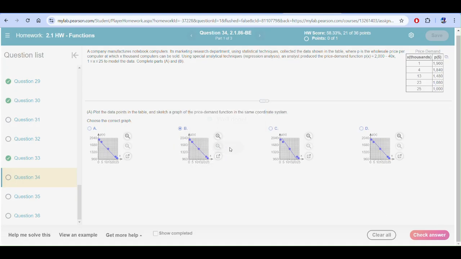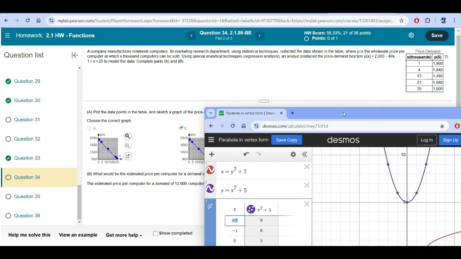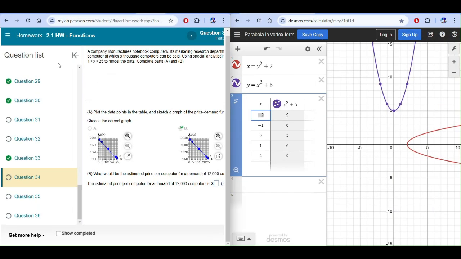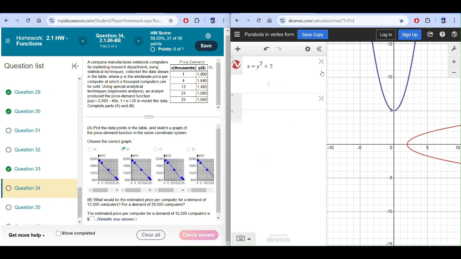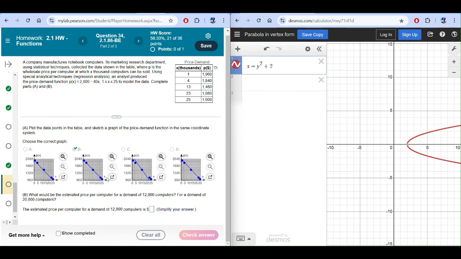That was just all based on the regression. What will be the estimated price per computer? Price demand for 12,000. I would plug it into that, right? So let's take this and put this over here. And let's do, what's my price demand? 12,000. So if my equation is